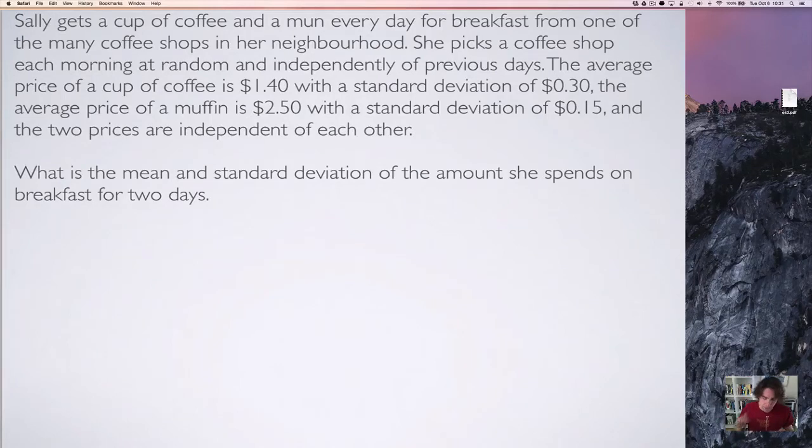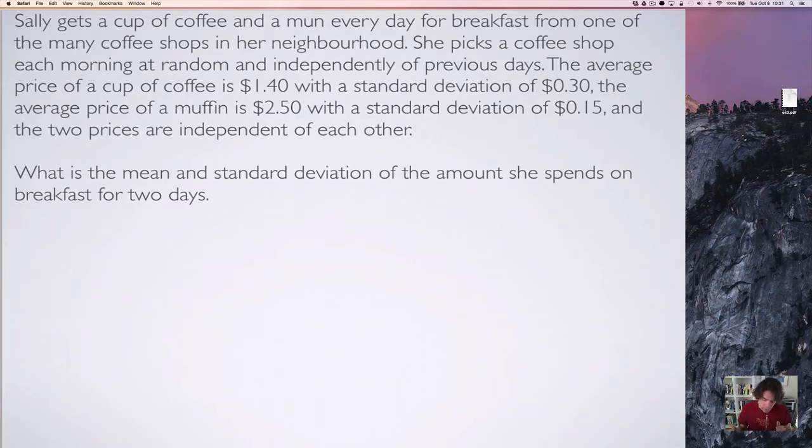Sally gets a cup of coffee and a muffin every day for breakfast from one of the many coffee shops in her neighborhood. She picks a coffee shop each morning at random and independently of the previous day. The average price of a cup of coffee is $1.40 with a standard deviation of 30 cents. The average price of a muffin is $2.50 with a standard deviation of 15 cents,